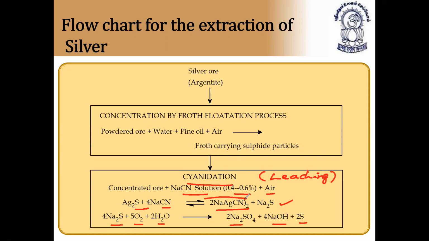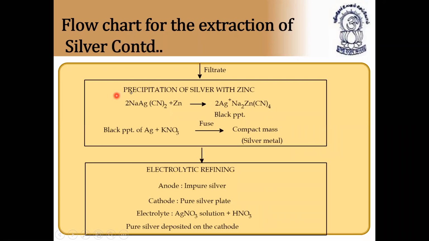So this sodium argentocyanide is nothing but a complex compound. It is nothing but the leaching process. So let us continue with this now. These are the steps involved in the extraction of silver. This filtrate contains the complex, and precipitation of silver is done with zinc. So what happens? This sodium argentocyanide